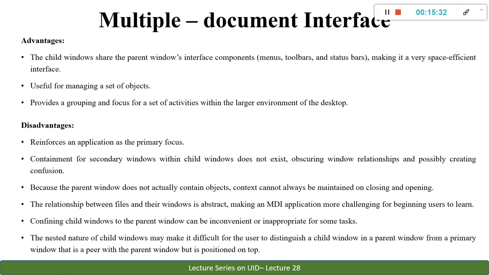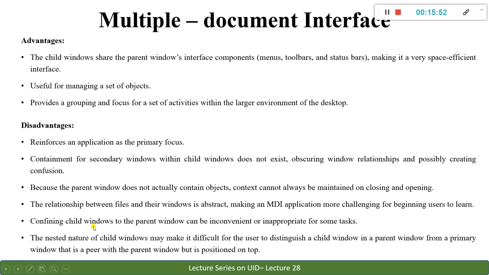Then the relationship between the files and the windows is abstract, so it is just used for that time being, so it can be more challenging for beginning users, who might not understand what is actually in that particular secondary window.